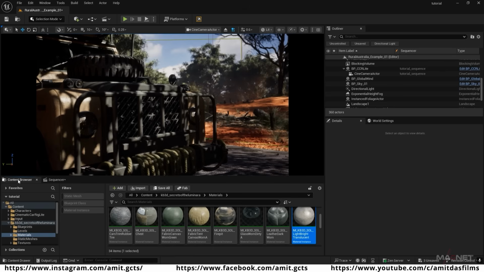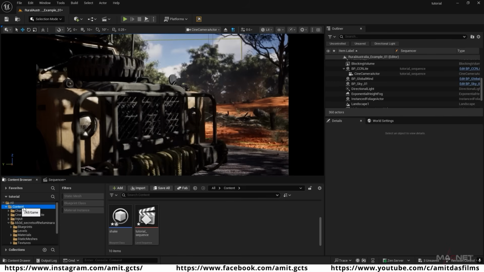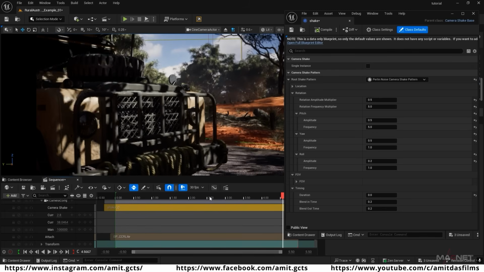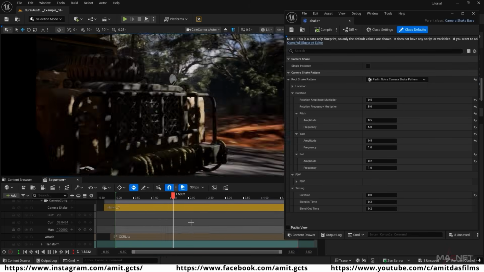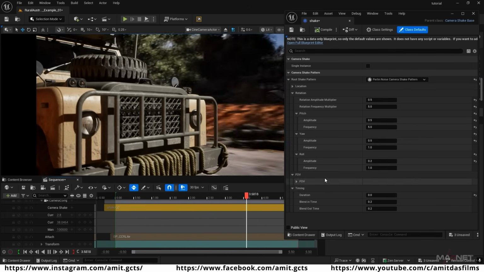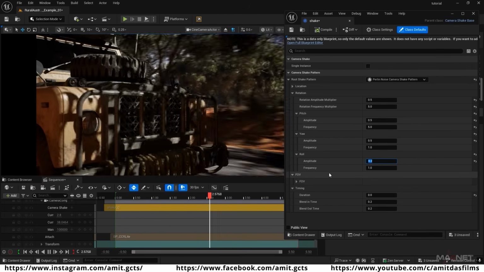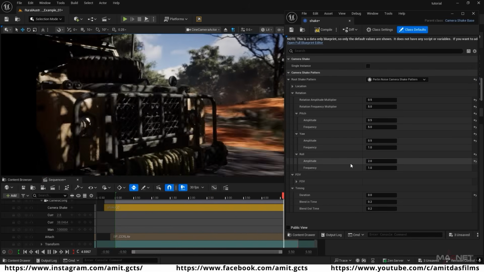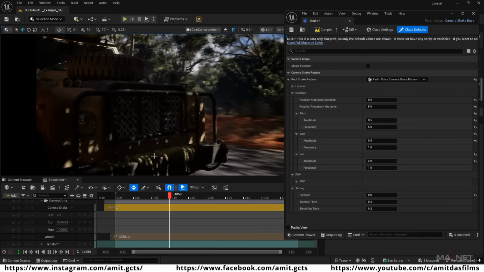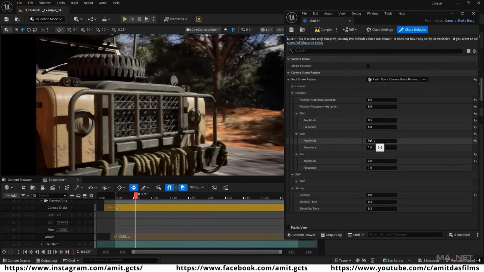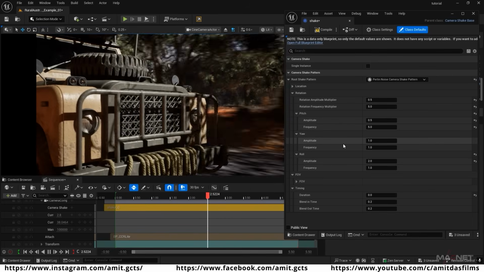So we go to this content browser, go to this content folder and open the shake blueprint, and then we're going to play our sequence here. And from here we can change the value. So we can go to this roll option and increase the value to 2 here. So you can get this kind of nice roll camera shake here. And also you go to the yaw and maybe we can put 1 over here,